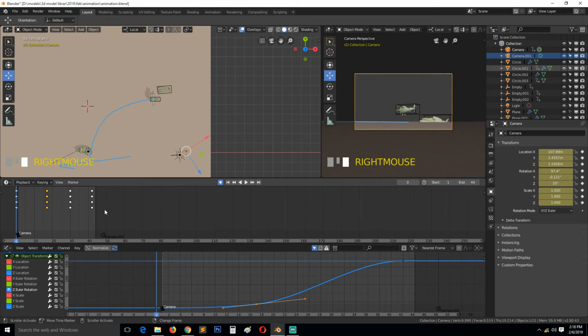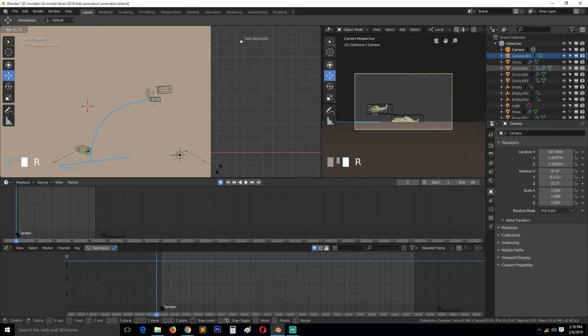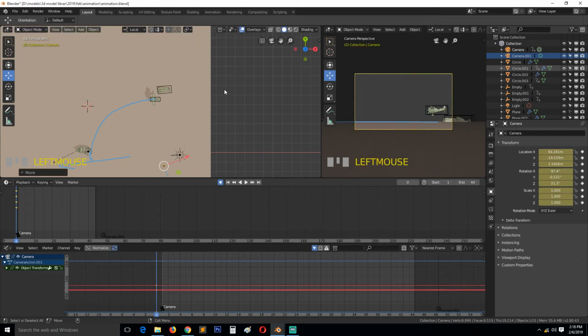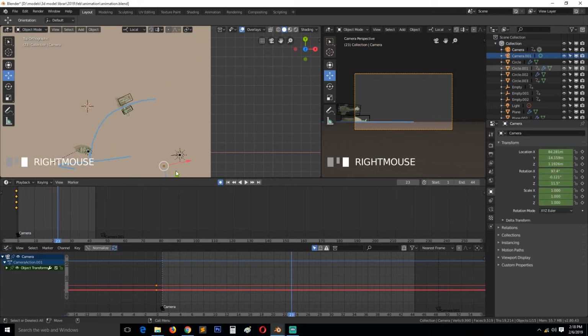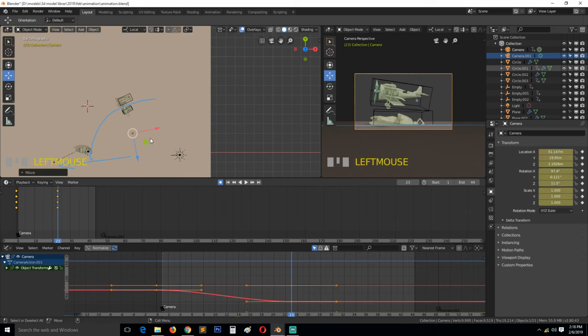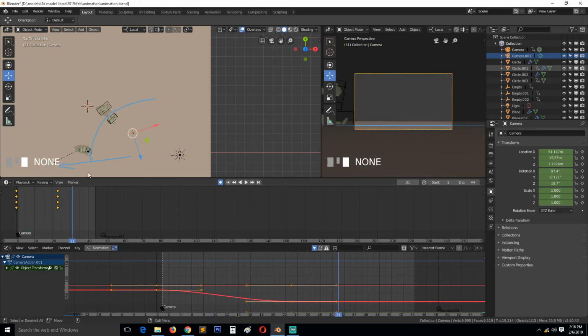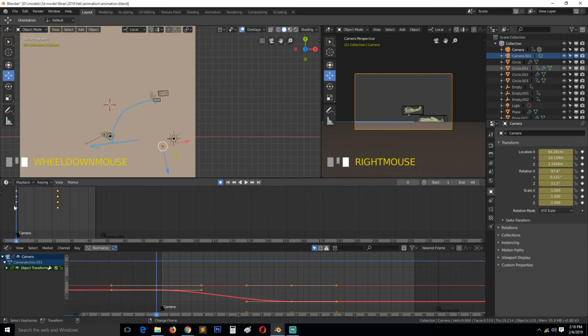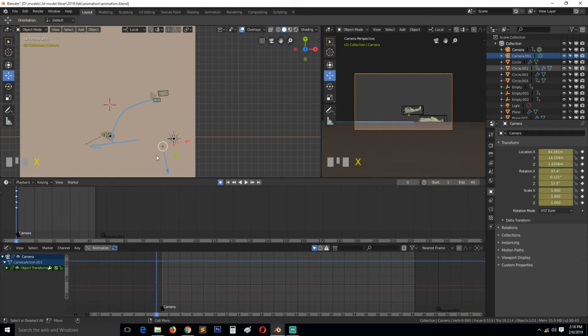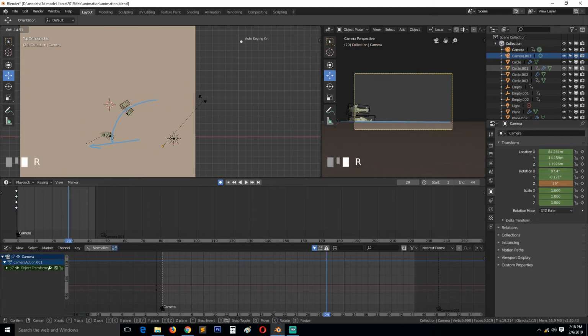You know what? Let me delete all the keyframes and start from scratch for this camera, because I think it's a bit too rough for me. So if we begin the animation like that, and then move these. Now, let me not move the camera maybe. Let me just pan it with the